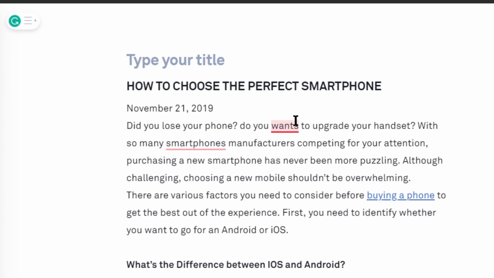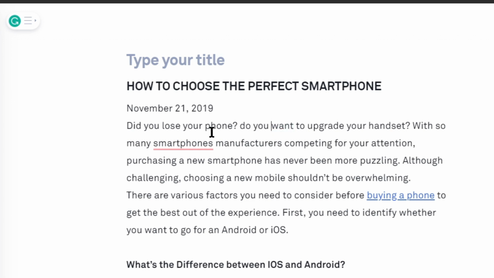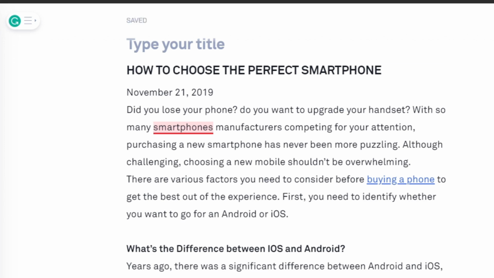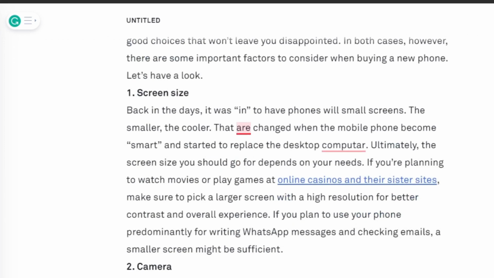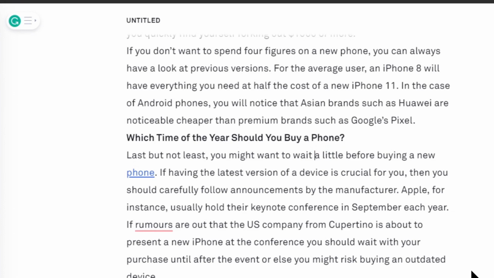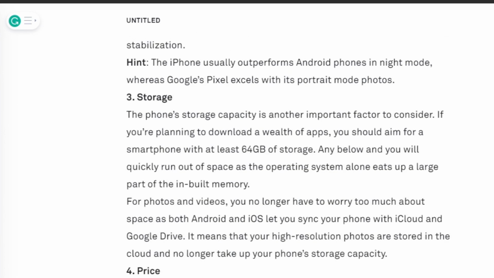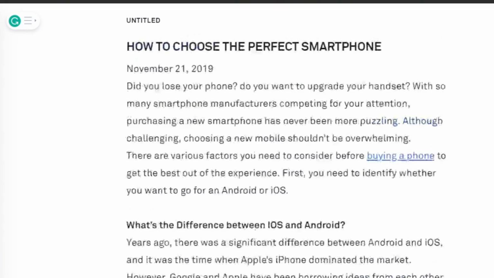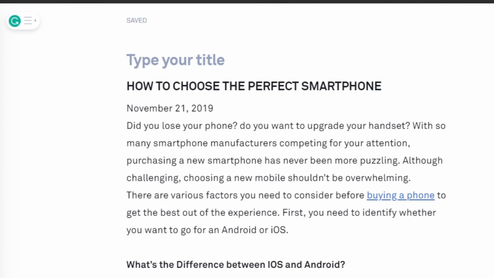You can see here it will be changed. You can see the next one, smartphones, it should be smartphone. Then you can see R, it should be is. All kinds of grammar errors, you can correct those things from here. So this is the best way to practice writing here, and this is the best way to get rid of